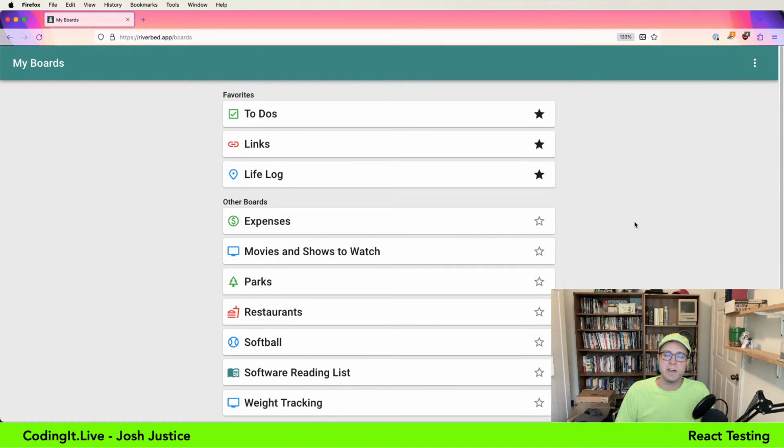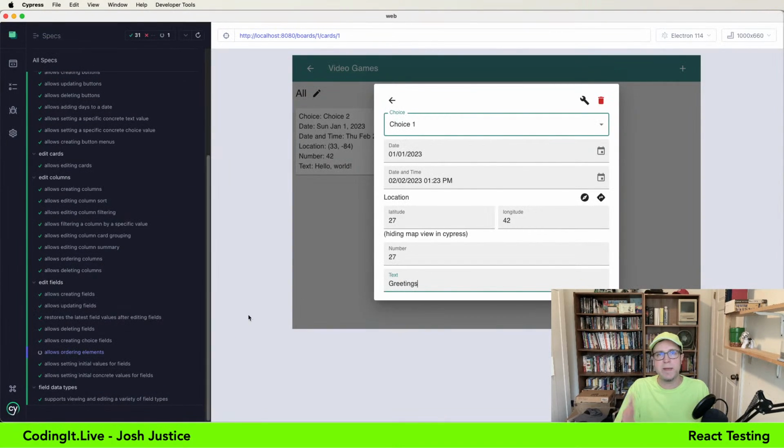I also wasn't sure about the technologies. And so at first I built the app with React Native Web. React Native lets you build for iOS and Android, and React Native Web adds web support, so you can target all those platforms with one code base. And that was really great for prototyping, and it works great for a lot of purposes, but some of the specific user experience things that I wanted to accomplish, I really needed native iOS to be able to do. And so I built a native iOS and Mac client, and then the React Native code I migrated over to React for the web. So my Cypress tests covered that. They kept passing, maybe I had to tweak them a little bit, but they confirmed as I migrated the code base from React Native to React for the web that everything kept passing.